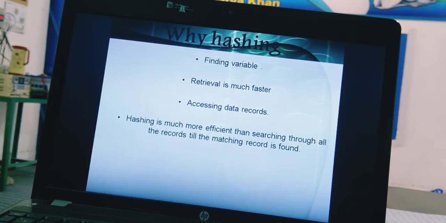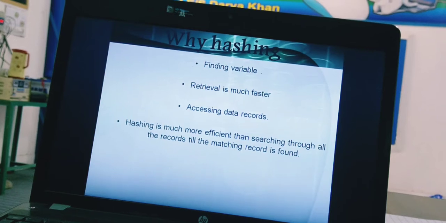In hashing, retrieval is much faster, because the big value is converted into a small value, and as we know, a small value is much faster to access as compared to a large value. In common observation, searching for 5 is much faster as compared to 5 lakhs.